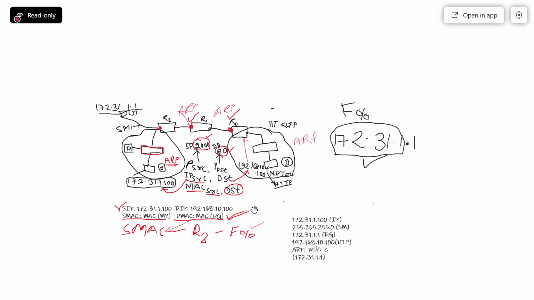But if any student is still finding any difficulty, please raise your difficulty. As a network person, I am very comfortable with these things, because I have done all the hands-on practicals on that. I know each and every detail.